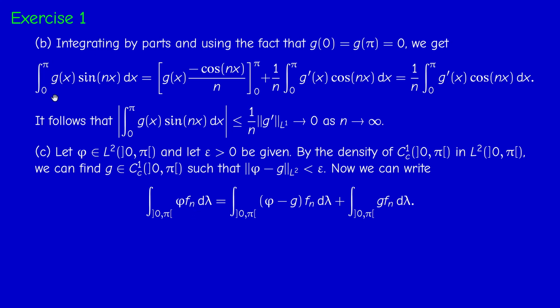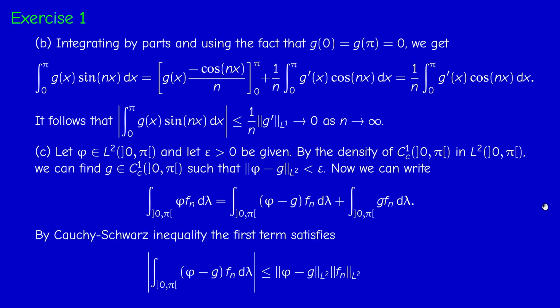Here, in this case, we wrote 0 to pi because everything is continuous. So this is just a Riemann integral. Okay, so it's a particular case of the Lebesgue integral. So we add and subtract G times Fn. So we split this term into two integrals, the integral of phi minus G times Fn and the integral of G times Fn. Okay, now if you look at the first term and apply the Cauchy-Schwarz inequality, we see that the integral